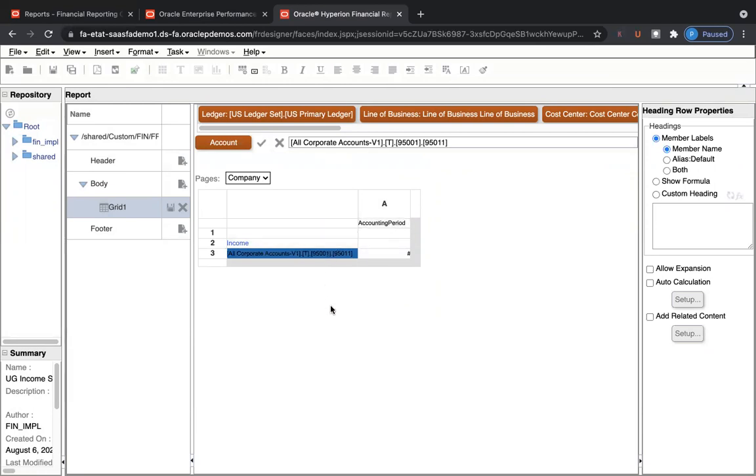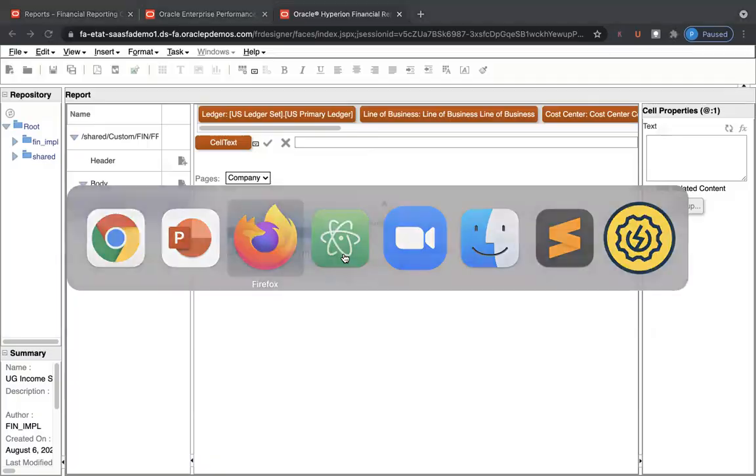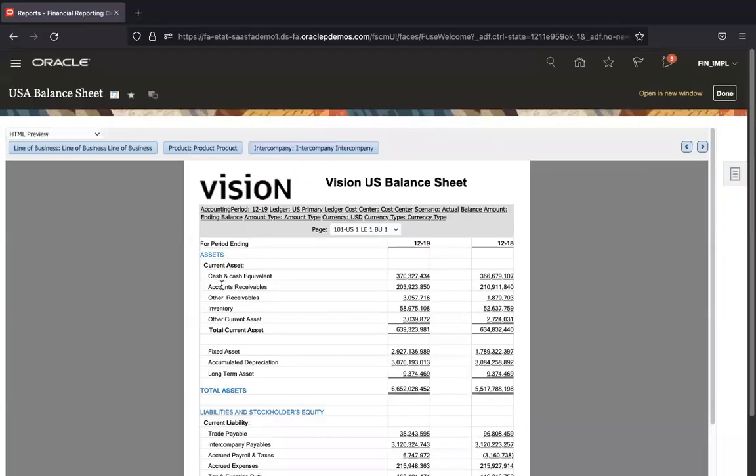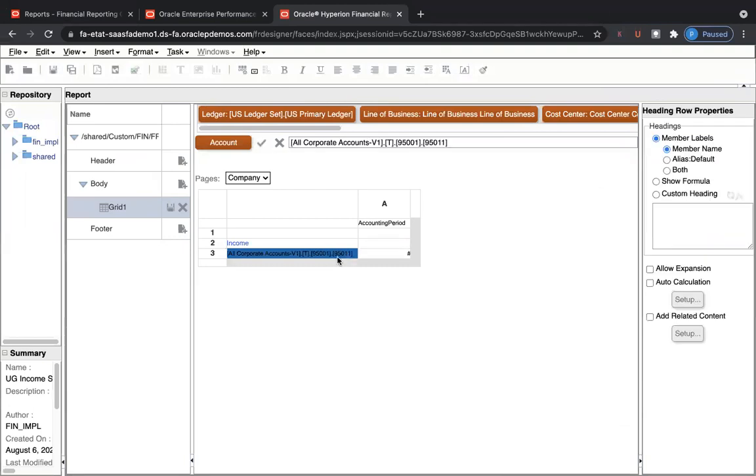But do you want to display 95011 as a heading here, or do you want to show it as a custom heading like revenue? Like what you see here, you see accounts receivable. Even though internally the account used is 12,000, you see the heading as accounts receivable, right? How did Oracle achieve it? It has plugged in a custom heading for the account. So we do the same thing. We'll select the row and we say custom heading, and we'll say you want to call this as a revenue account,